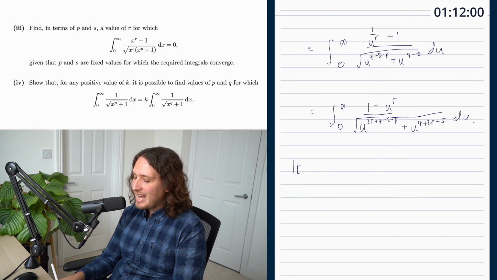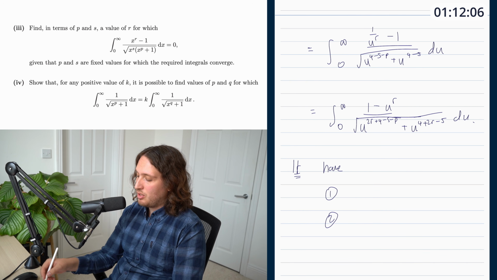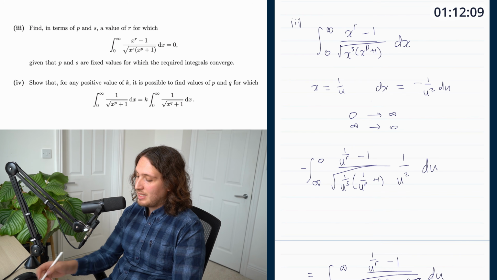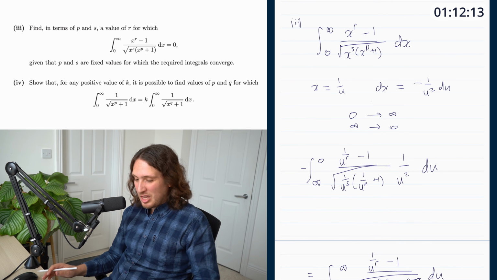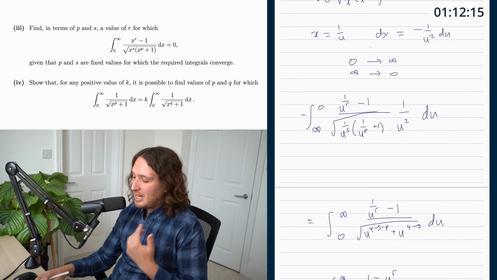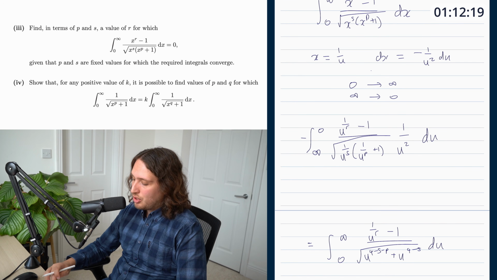Now, if I have that these powers are the same as in the original, then because my numerator is the same as what I started with, just out by a minus sign, doesn't matter that it's a u, dummy variable, right? If that's the case, then I would be able to